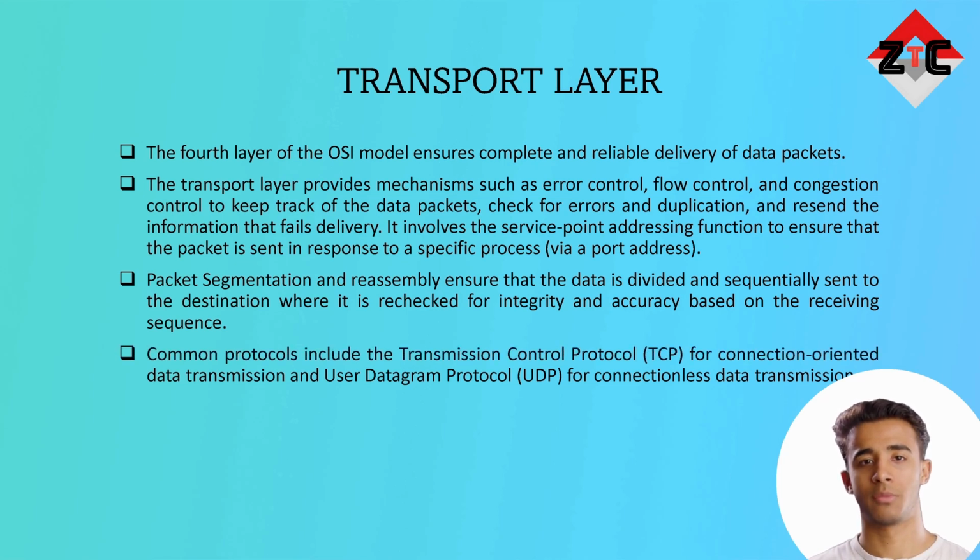Packet segmentation and reassembly ensure that the data is divided and sequentially sent to the destination, where it is rechecked for integrity and accuracy based on the receiving sequence. Common protocols include the Transmission Control Protocol (TCP) for connection-oriented data transmission and User Datagram Protocol (UDP) for connectionless data